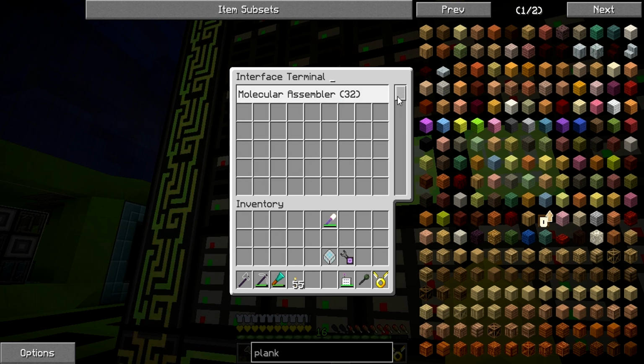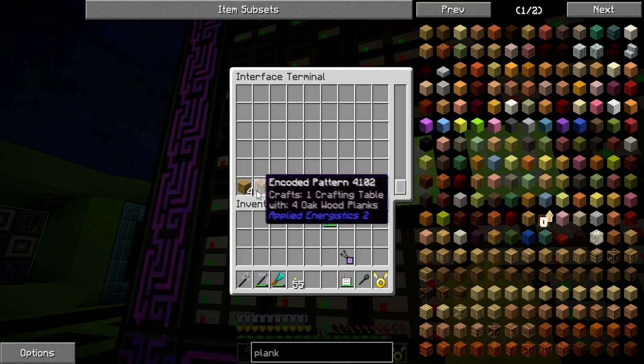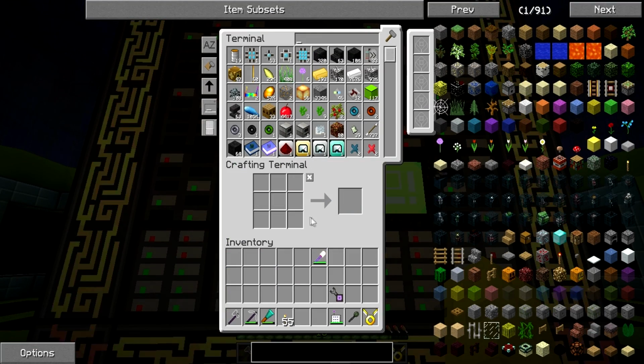Then you go to your ME interface, where I've worked out the front ones over here are actually the last ones in the list, and you can see I've made one for wooden planks here. And let's place it there actually. Then when you go into here, say let's go crafting,